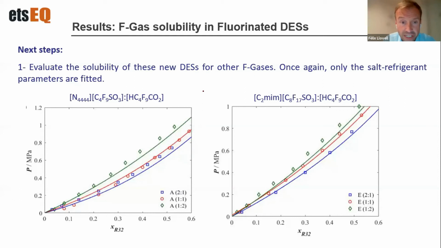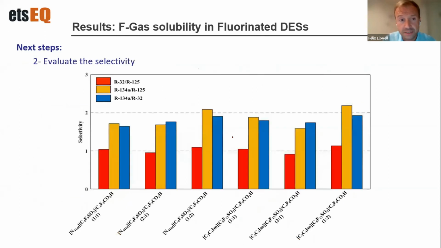These are just preliminary results for both of these ionic liquids for the 3 ratios using a different refrigerant, which is R32, another very common refrigerant. You can see that the strategy of parametrization remains the same all the time, and the results are quite good, even though there is some deterioration at the 1-2 ratio. Still, the transferability of the parameters allows us a qualitative description of these systems to evaluate the selectivity from a predictive calculation using SAFT.